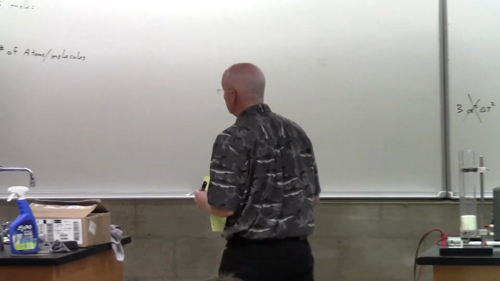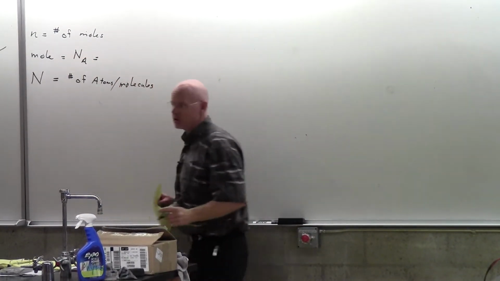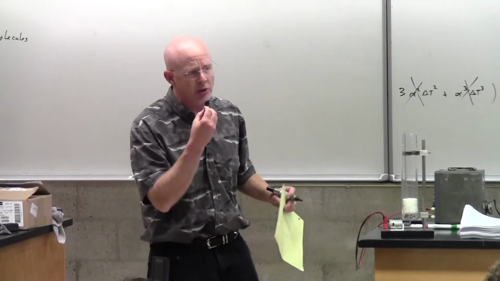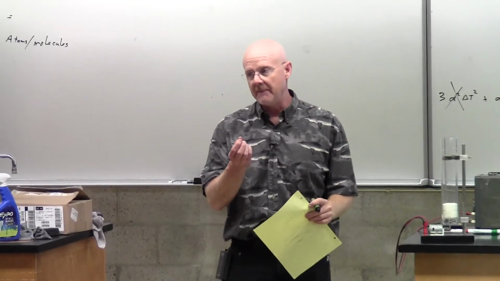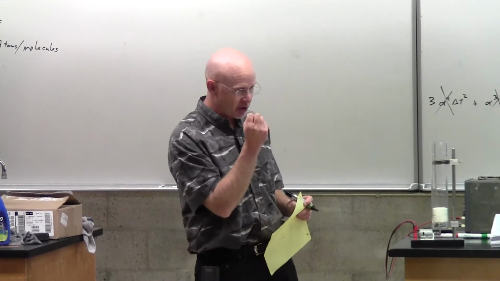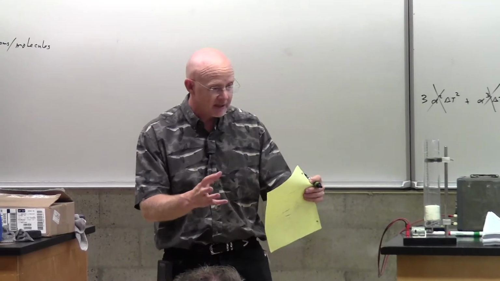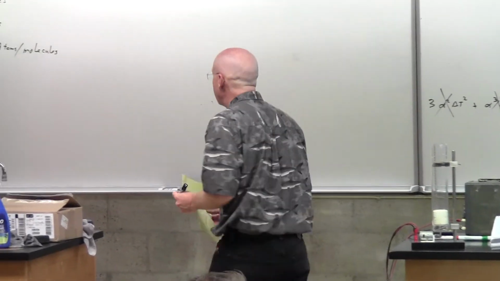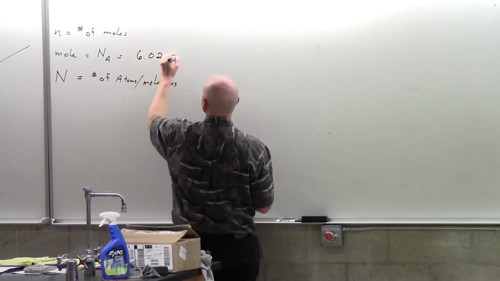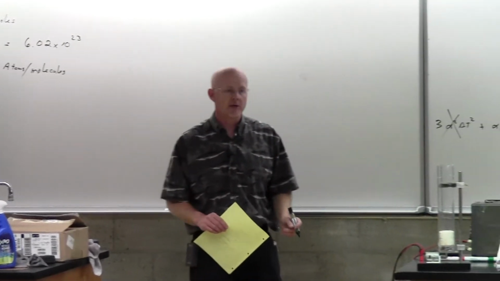And the mole does too. The mole, which we will label as N sub A, just represents a number. Don't make it harder than that. It's just a number. It's a grouping, but it's a big number. And maybe that's what makes it so hard. Because molecules are so small, Avogadro decided to put them together and say, okay, how are we going to arrange these? And as some of you already pointed out, Avogadro's number is a big number. It is 6.02 times 10 to the 23rd.